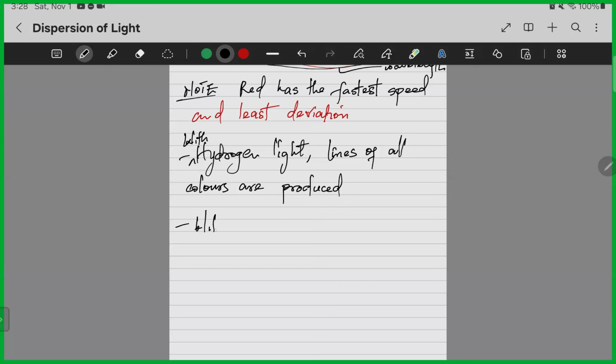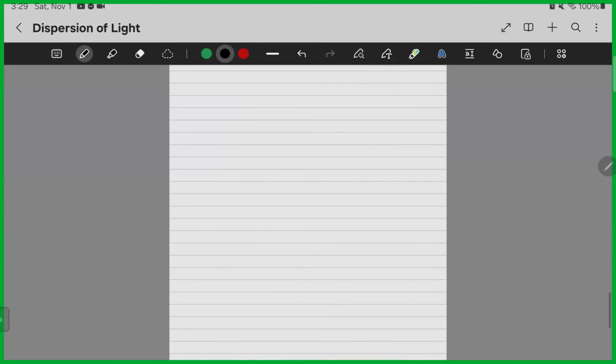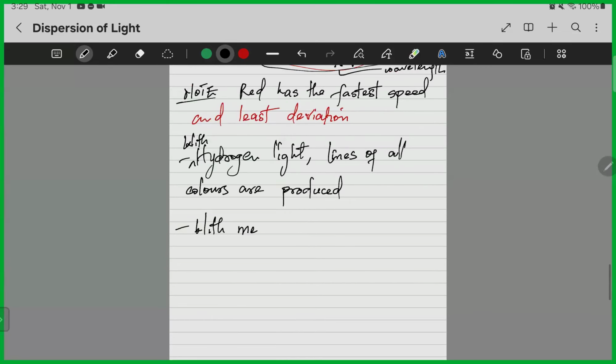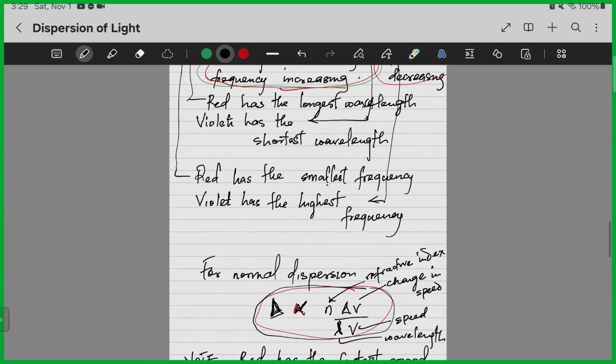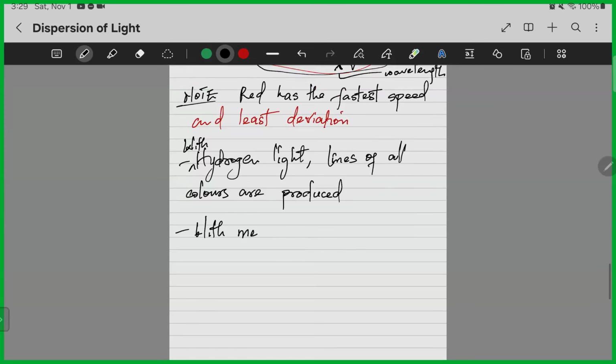What we mean by produced is when we run it through this place. This is like running white light now. If we use hydrogen light, you have lines of all colors being produced. That's what we're talking about instead of white light. If we run mercury light,